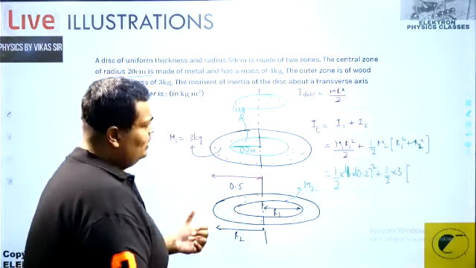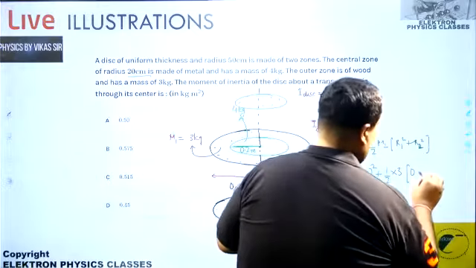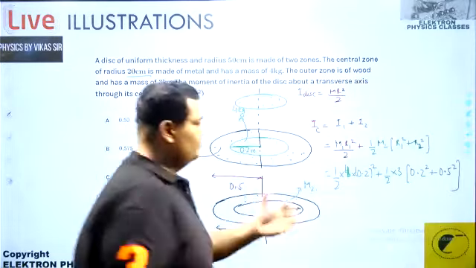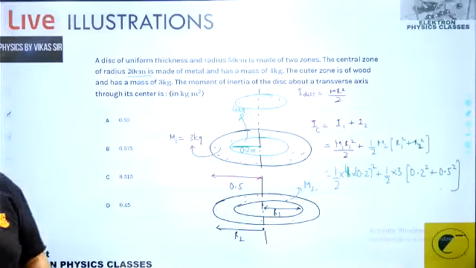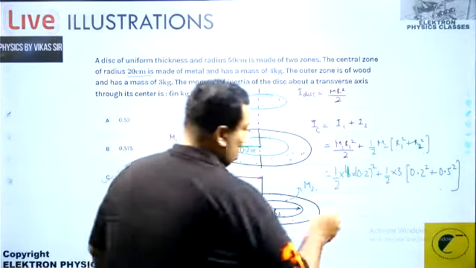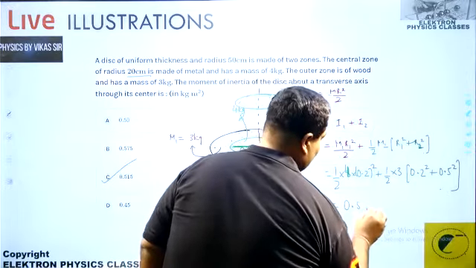So 0.2 square and 0.5 square. So 0.2 square plus 0.5 square. That will be it. And once you calculate this, I think I got the answer correctly. That was the C part as the answer for that, which we worked out as 0.515.